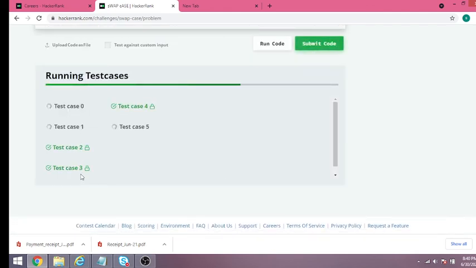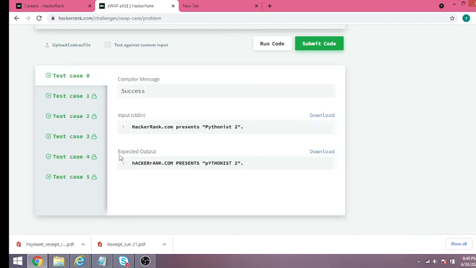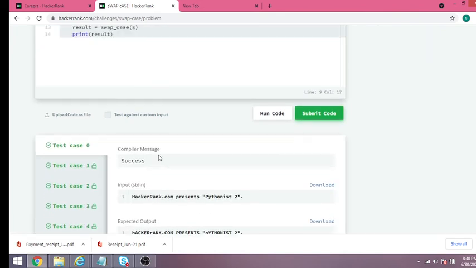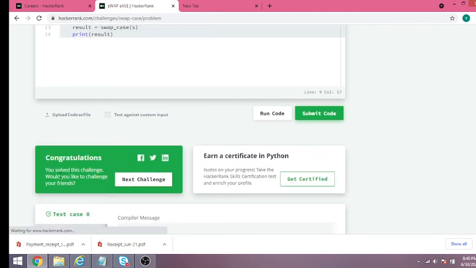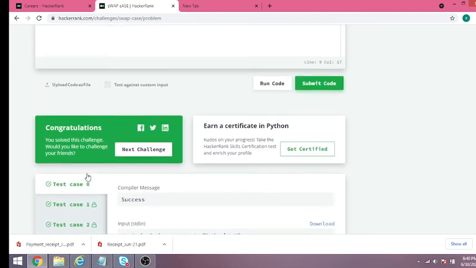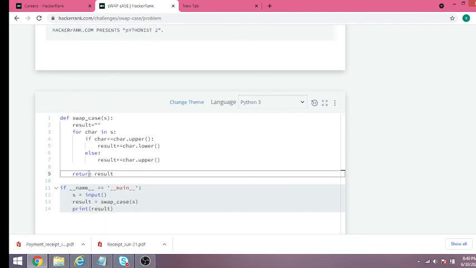There are 6 test cases, and all are executing one by one. Our code passed all the test cases, and we got the congratulations result also. We solved it using our approach.